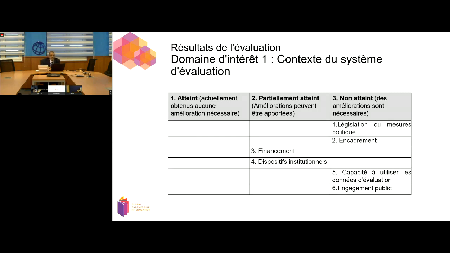I draw your attention to the fact that this is a unanimous assessment. This is the assessment of all the stakeholders and confirmed by the national team on the basis of the answers to the question. So if you look at this table, you realize that no objective, no goal has been completely reached. And yet you see that 2 objectives were partially achieved, and 4 were not reached at all. That's for the context. Now, if you go to the next slide,